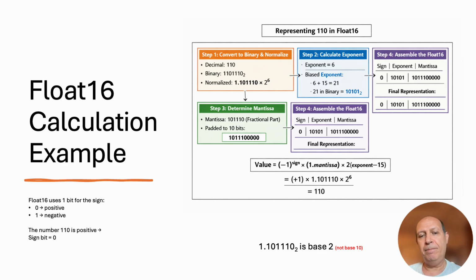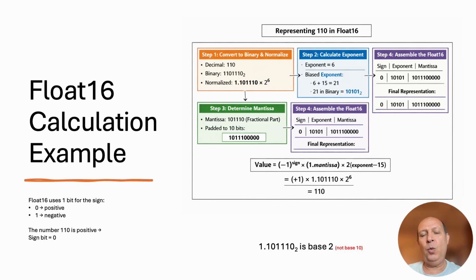The second step, having completed step 1 already, which is the conversion to binary and normalization, in step 2, we calculate the bias component. The exponent is simply the number appearing on top of 2, which is 2 to the power. So in this case, because it's 2 to the power 6, then the exponent is 6. However, in our calculations, what we use is something called the bias component. The bias component is the exponent plus 15, and we will see where the 15 comes from at a later stage. 6 plus 15 is 21. We represent this 21 in binary, and we end up with 10101. This is again base 2.